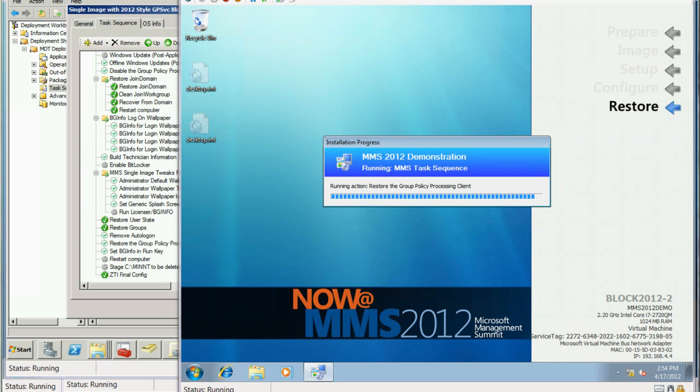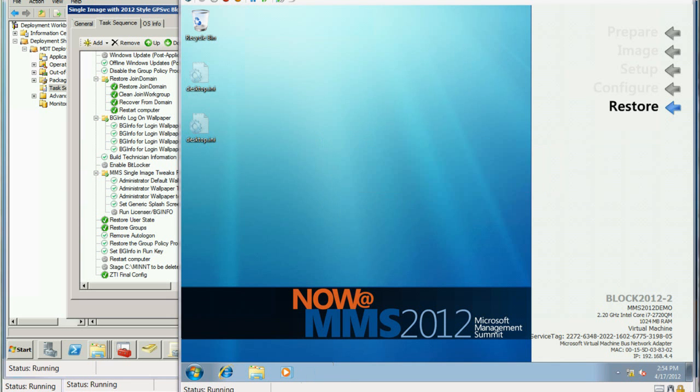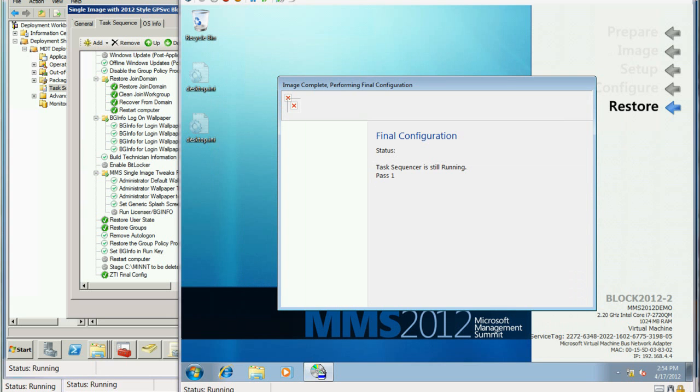And then after it does that, it will get to the point where it runs final configuration. This is a script that Michael Nydstrom wrote. I tweaked it a little bit to make it fit the look and feel of all of my other dialogues, and of course didn't quite do that right, so it's not finding its graphics. But at the end, it does a few things. It's exited the task sequence at this point, or at least it thinks it has, and it's verifying that that's